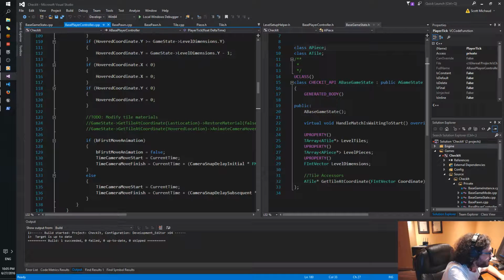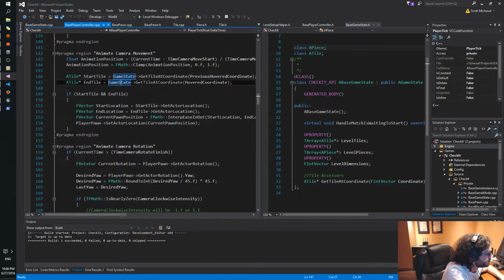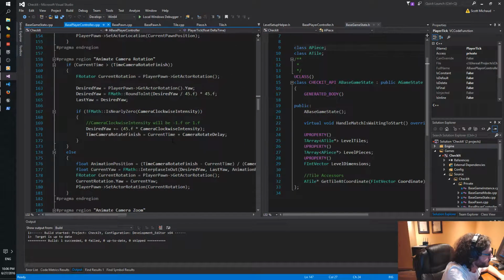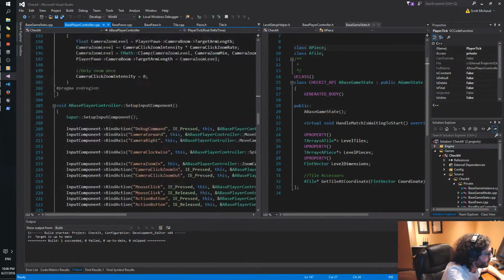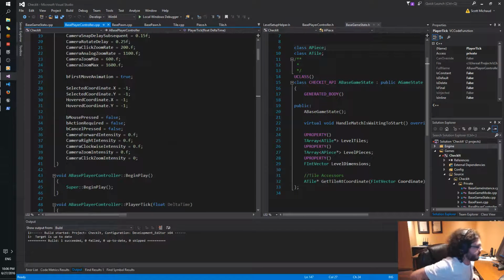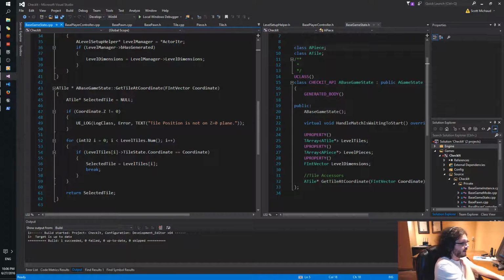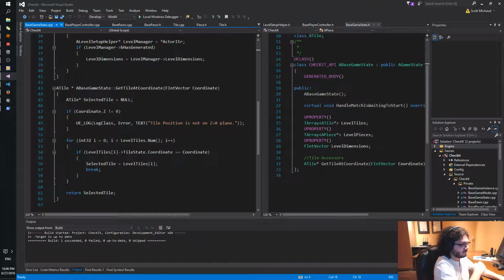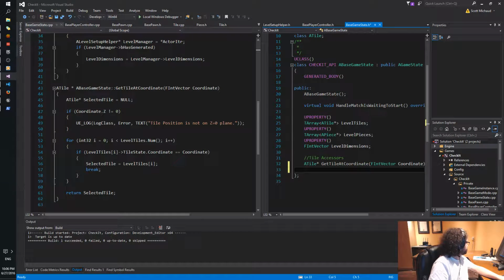Do I even use game state? I do use game state there. Okay, so now what we need to do is set up begin play. In order to set up begin play, we need to add a function in the game state to get tile nearest coordinate, or location, say.